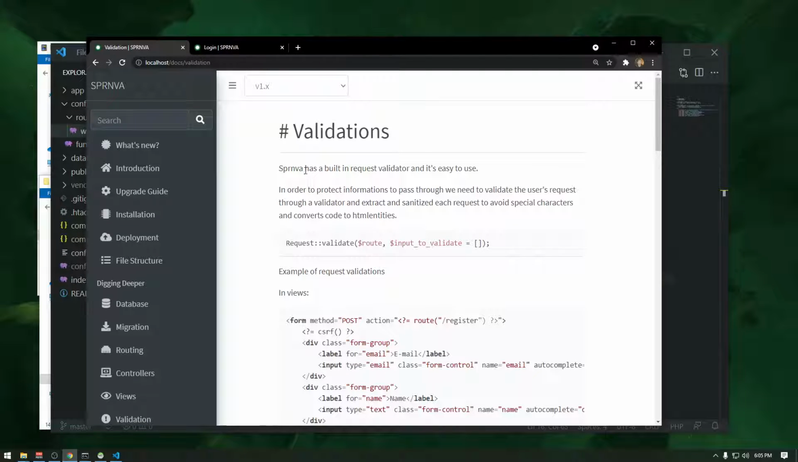Okay? So, Supernova has a built-in request validator, no? And it's easy to use. So, ano lang ta, mabutan lang ta request, validate, and then ga-accept na siya two parameters, no? So, the route and the input to validate, no? So, mga inputs nga ging gusto natin nga i-validate, okay? So, ang route, si route siya ni ang kundiin ta siya i-redirect if may error ang aton nga validation,